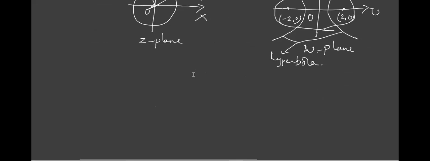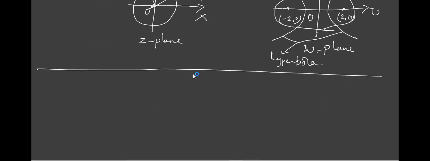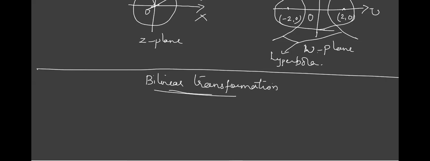This is about the conformal transformation being done. Among this, they may ask one question, or one is compulsory. They may even ask two questions in this. Now let me start with the next concept of this part. It is called bilinear transformation. In one model question paper there are two questions from this, and in one more, they've asked one question. So they may ask one or two again from this.